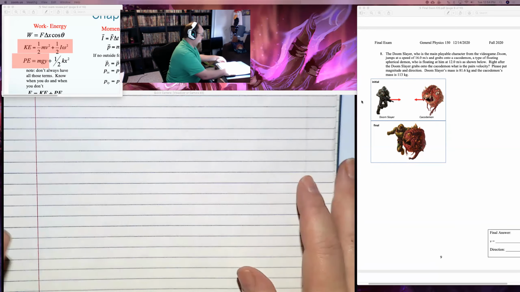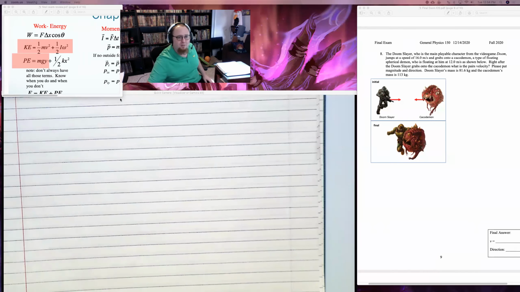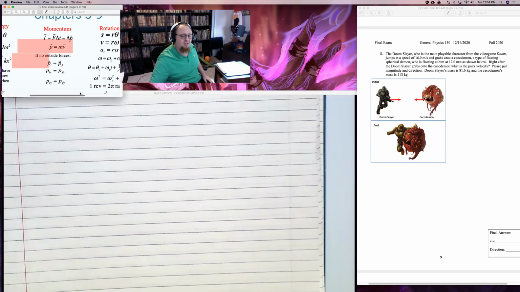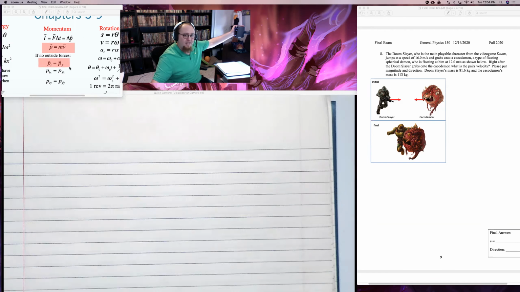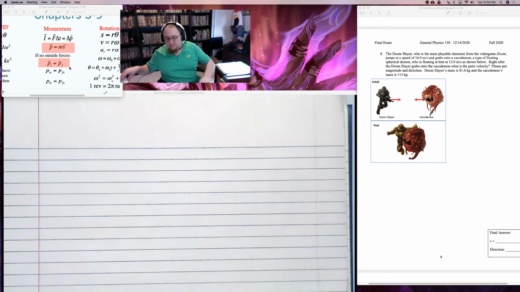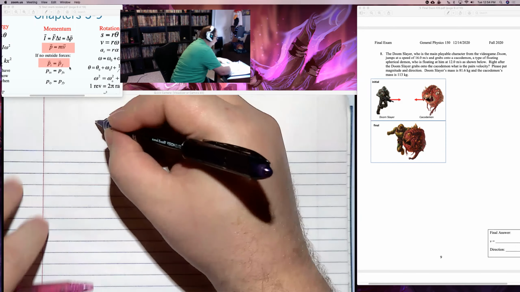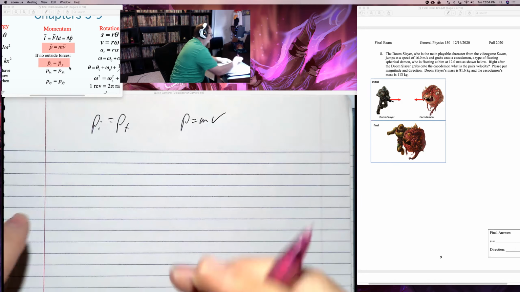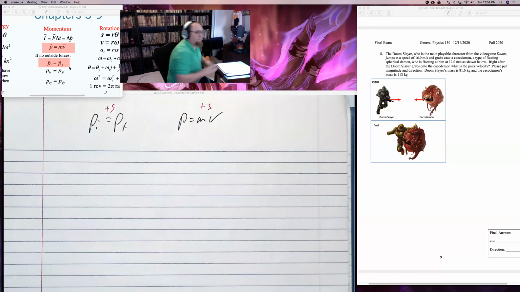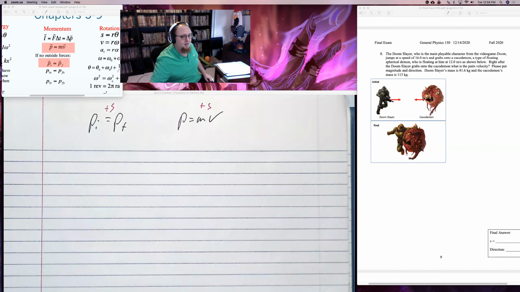The 8th problem will be conservation of momentum. The nice thing about conservation of momentum is, well, there's a few nice things. One is it's going to be the easiest problem. The second is there isn't much there. Conservation of momentum has very few steps and very few equations. When you get to problem 8, you know it's going to involve initial momentum equals final momentum, where momentum equals mv. I can give you 10 points out of 25 for that without even looking at the problem. For the record, no one skipped the momentum problem last year.